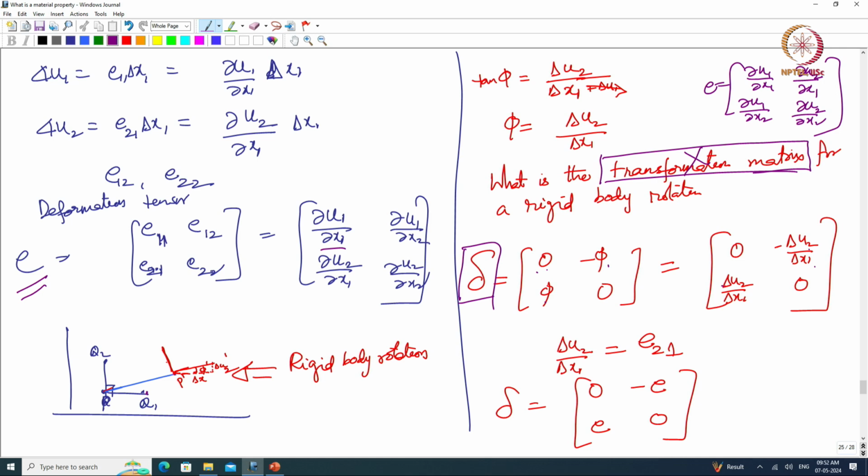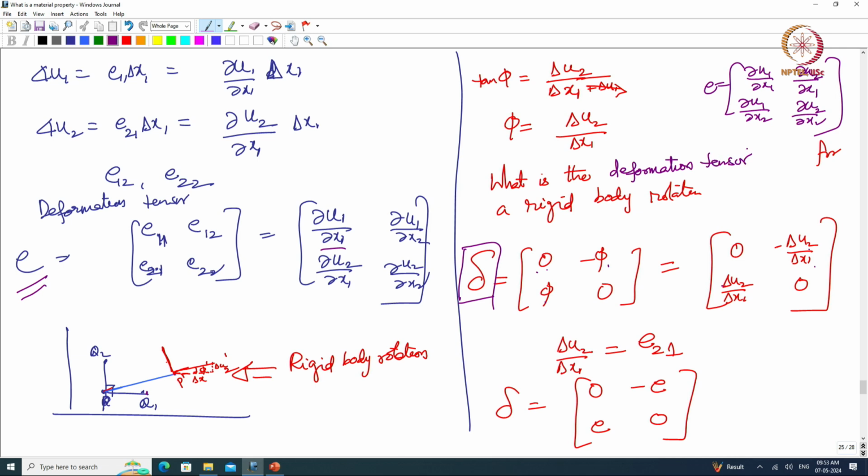Okay. So, that is what I showed, but I represented this as a transformation matrix. It is not a transformation matrix. I am not transforming one coordinate system into another coordinate system. It is just part of the deformation tensor, right. So, instead of saying what is the transformation matrix, I am going to correct it as what is the deformation tensor